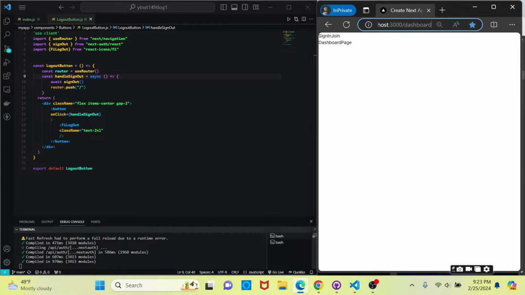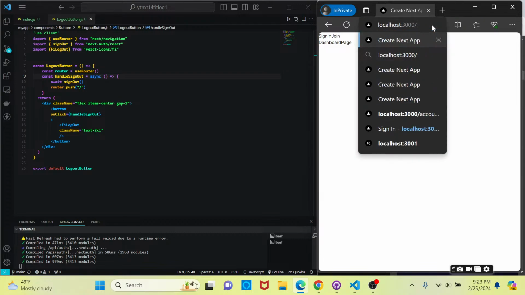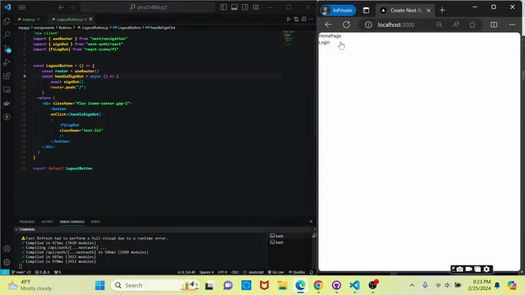It should be redirecting us to the home page, not this dashboard page. Okay, so we'll be sure to come back and fix that, because this is where it should be taking us. And then we'll click on log in with Google, and once we get a session, it redirects us. Okay, so we'll fix the logout functionality, but I want to go ahead and continue on with building out some